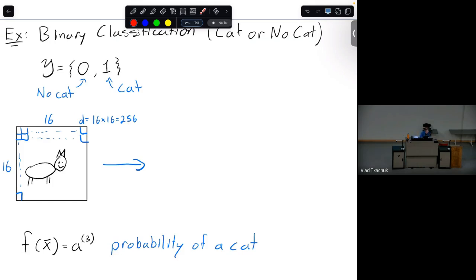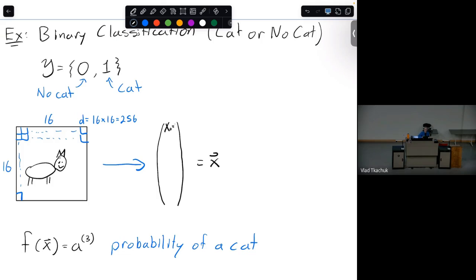One way to do this is you take the first row and put it as the first few elements of the vector. You take the second row and just concatenate it under, and so on and so on. So you end up with a vector like this. This guy's going to be your x. And you're going to have a bias term at the beginning as before.